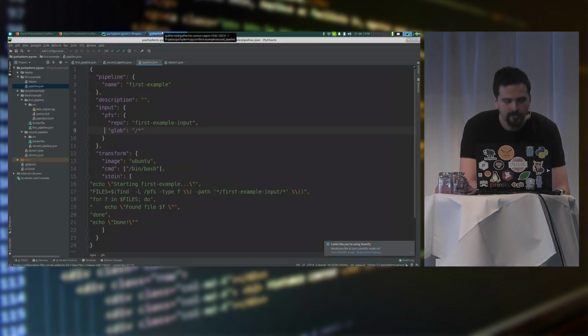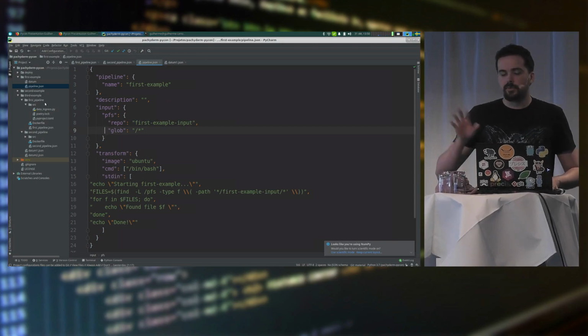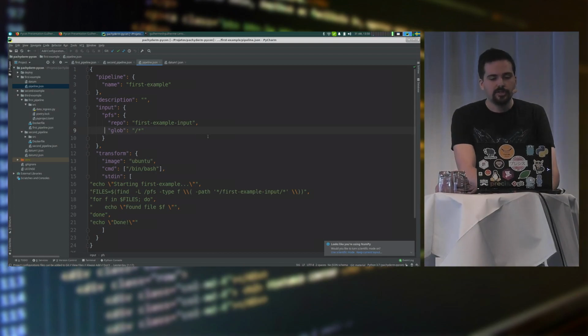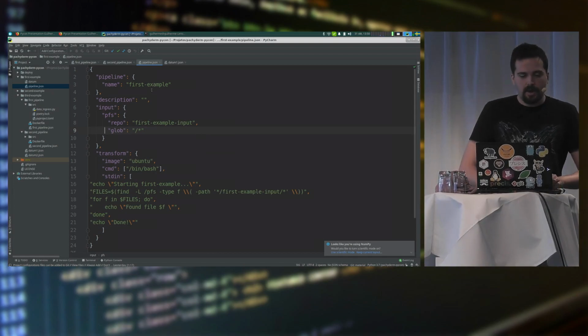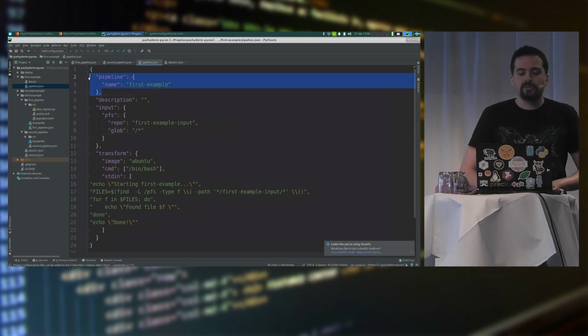Let's maybe talk with the presentation gods, and hopefully it will work. Okay. I got a few examples here. This one is relatively simple. This is a declaration of a pipeline in Pachyderm. Can you guys see this in the back? I will be describing it anyway. So this first part here is just the name of the pipeline. That's straightforward.